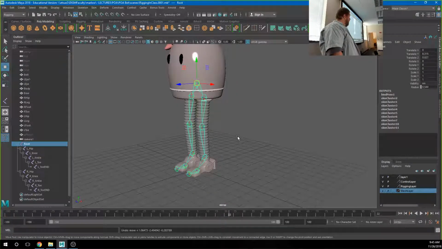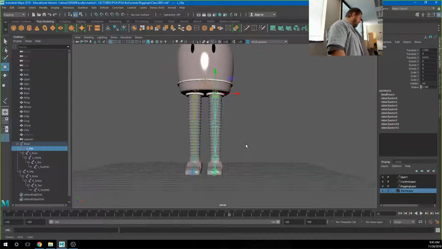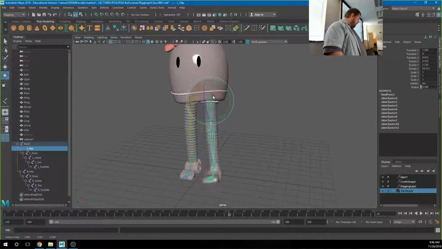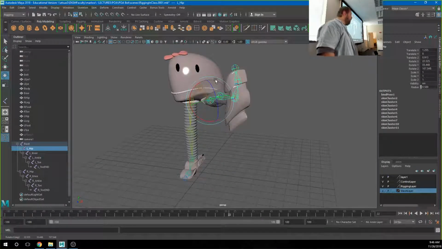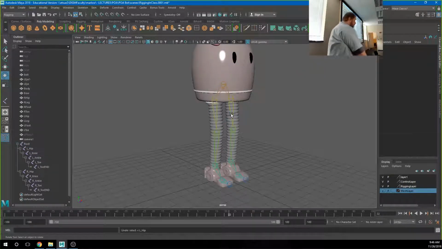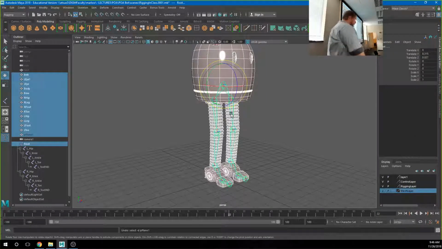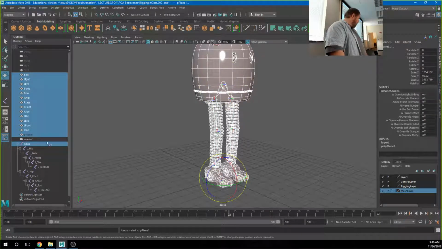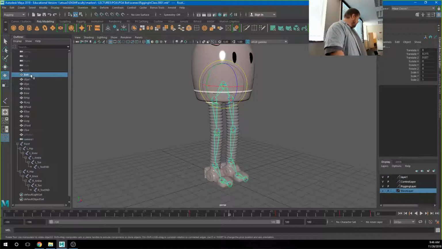Now, ideally, everything would be perfect right now, and I could just start moving these things, and my character would just work, right? But that's not necessarily what's going to happen. It's a program. It's going to do its best, but it's not smart. It's just running algorithms. I'm going to go back a few steps to before I skin this and show you that there are some things we can do to get a slightly better result